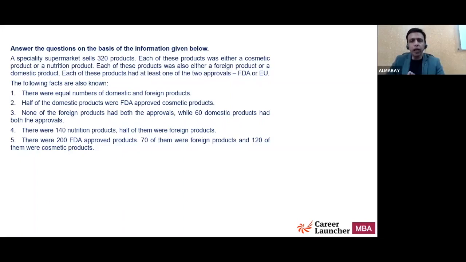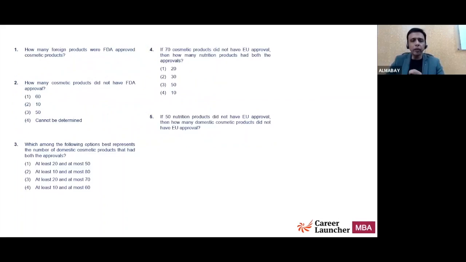Each of the product has to be either foreign or domestic. So have to be one of them. And each product had to have at least one. So there was definitely some set theory involved, where the product could have either only FDA or only EU approval, or could have both of them also. Then further information talked about some of the products, the number of products that are domestic, number of products that are foreign. Among the domestic, how many would be cosmetic, how many would be nutrition, how many would be having approvals. So trying to figure it out, and in format of table again,